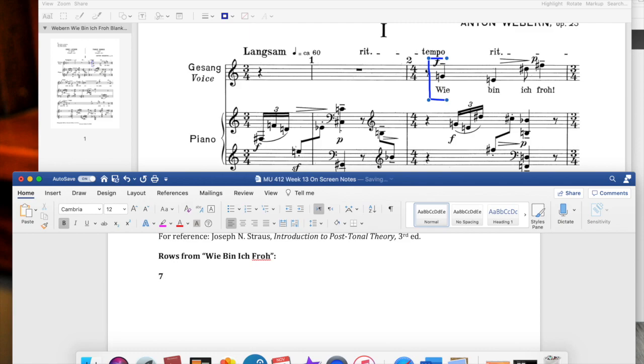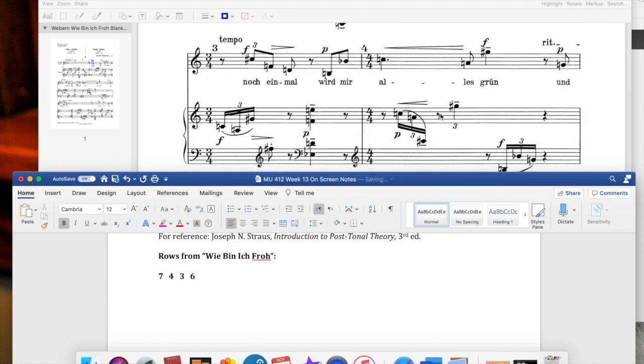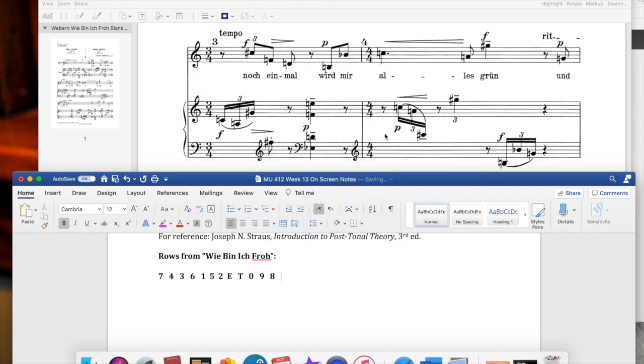So we start with 7, we get 4, remember D sharp is 3, 6, and then C sharp is 1, F is 5, D is 2, B is 11, which we're going to call E, 10 for B flat, 0 for C, 9 for A, 8 for G sharp.